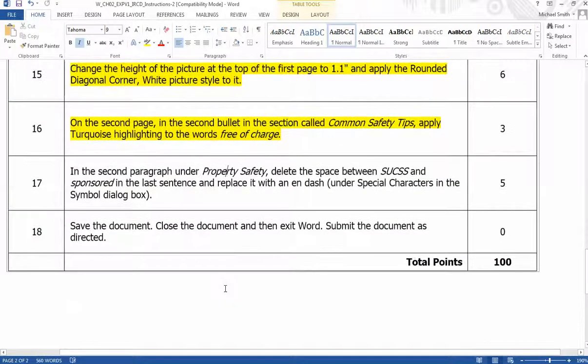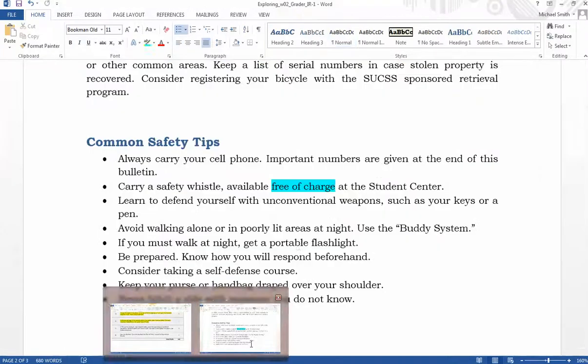In the second paragraph, under property safety, delete the space between the strange way of spelling success and sponsored in the last sentence, and replace it with an N dash, another strange character that we're going to use here. Okay, so